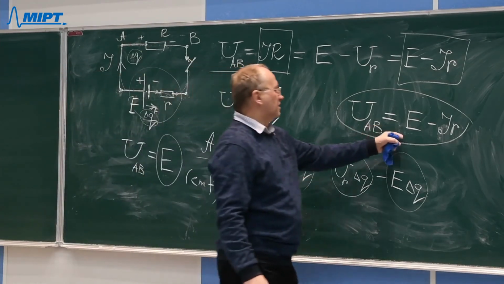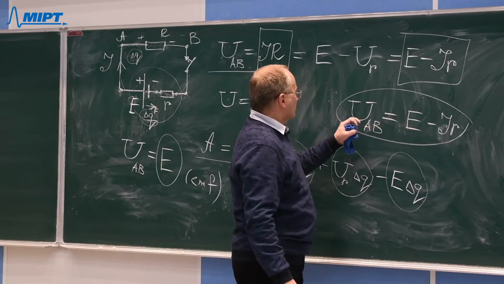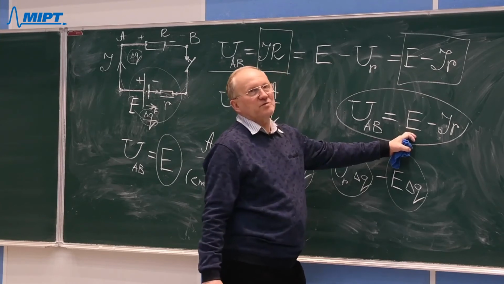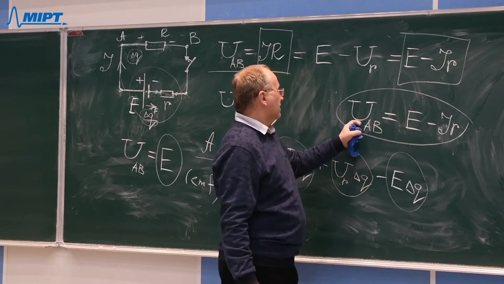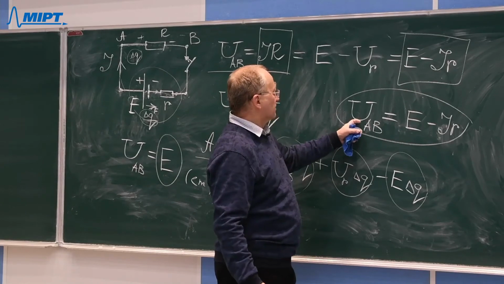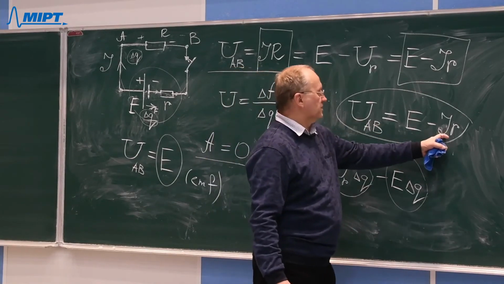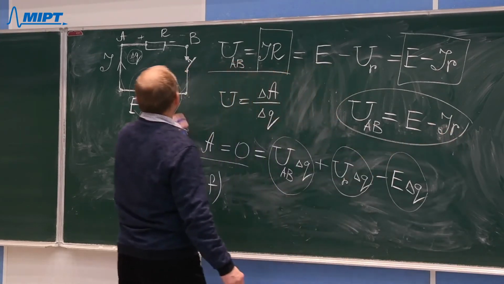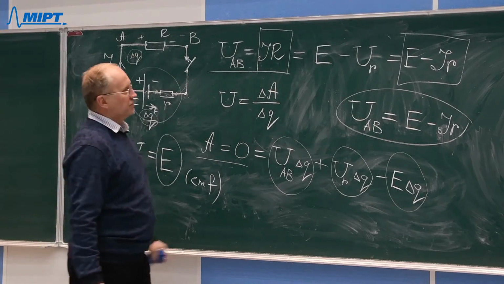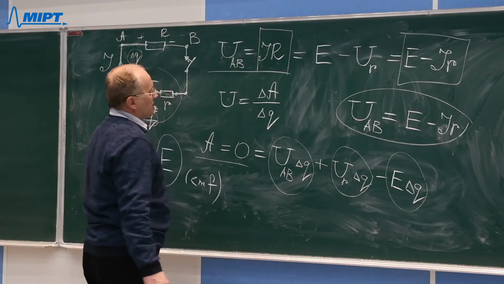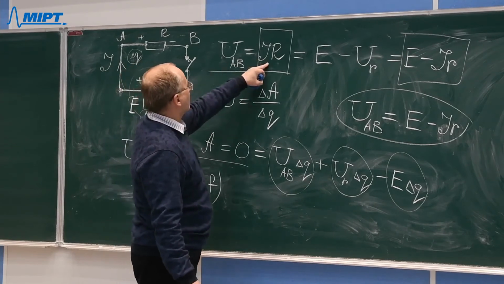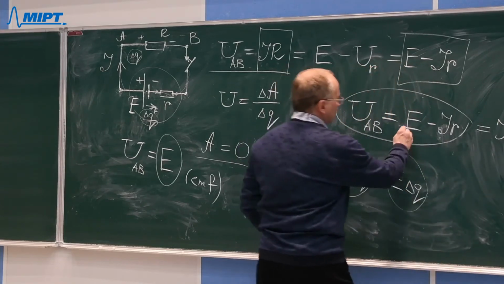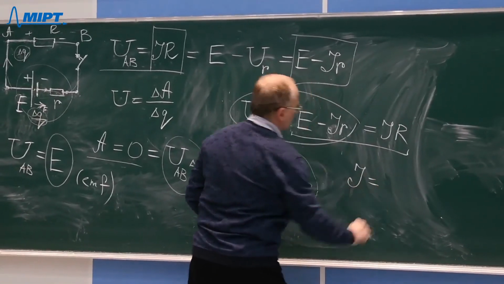And then this formula will give us that the voltage on the battery contacts will be less than the electromotive force of the battery, and the voltage on the battery contacts will depend on the current and internal resistance of the battery. And the current certainly depends on the external resistance. If we take into account this external resistance here, then from this equation we can easily find the current which will flow